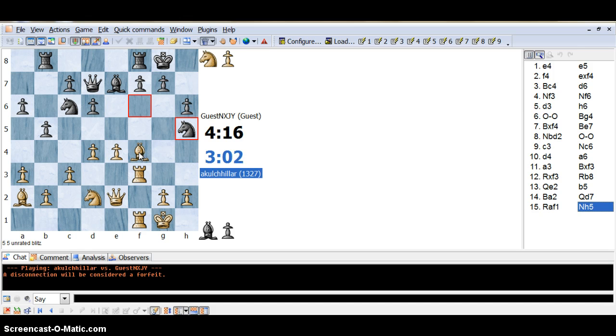But there's something nasty that I see over here. If I take his h6 pawn, and if he takes with his g7 pawn, then I can attack his knight on h3 and on h5 with my rook from f3 to h3, and when he moves, I'll take the pawn over there, and then we'll be giving him some checks. I think I'm going to do that,